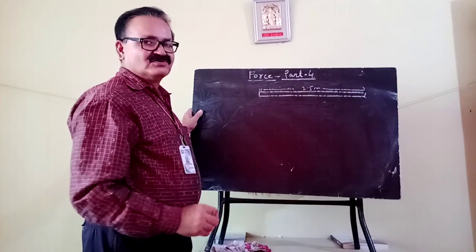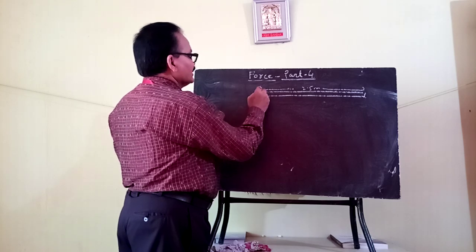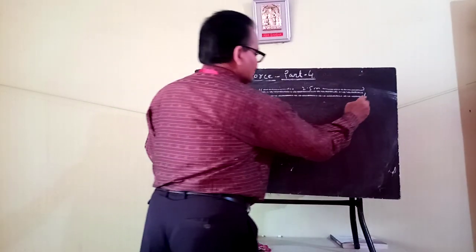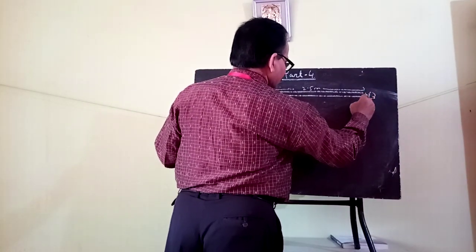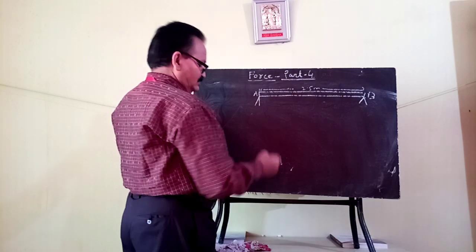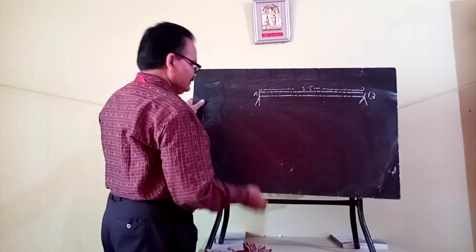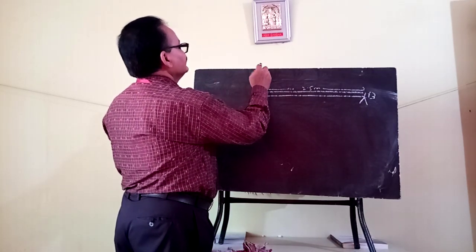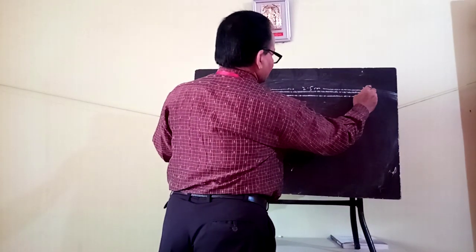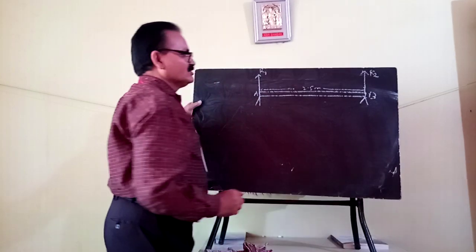Person A kept the pole on the shoulder, person B kept the pole on the shoulder, and let the reaction force applied by the shoulder of A be vertically upward, say R1, and the reaction force of B is R2, that is also vertically upward,